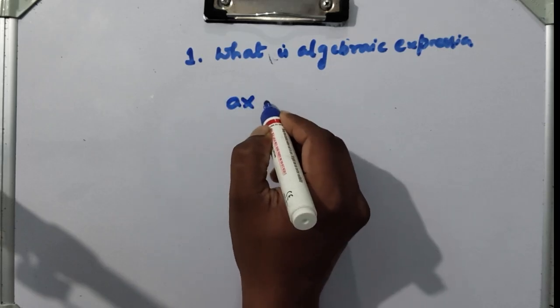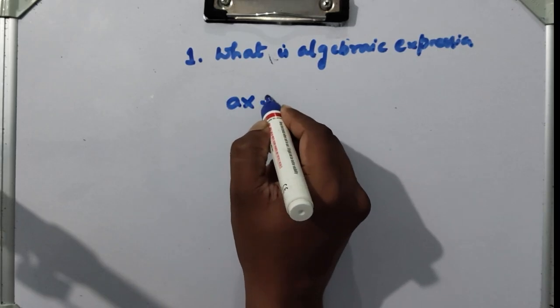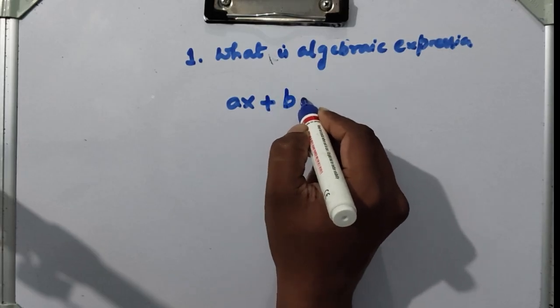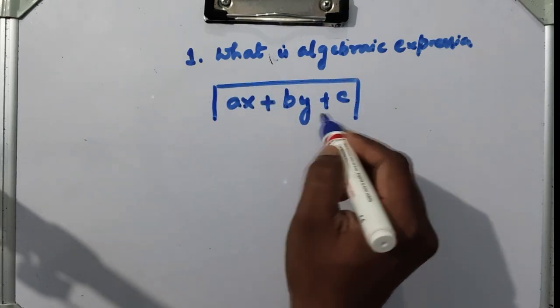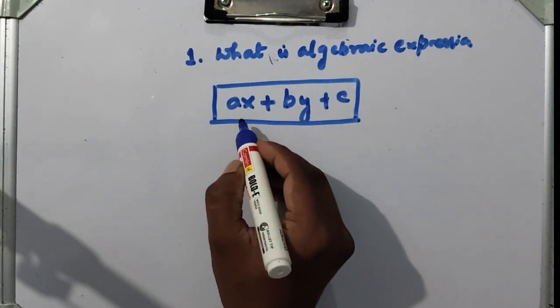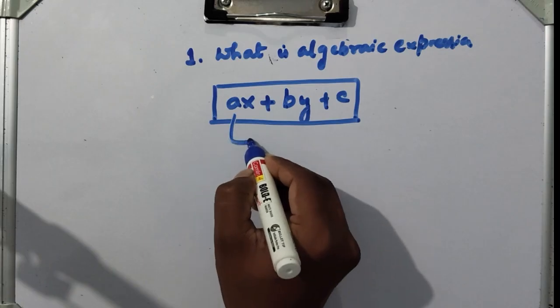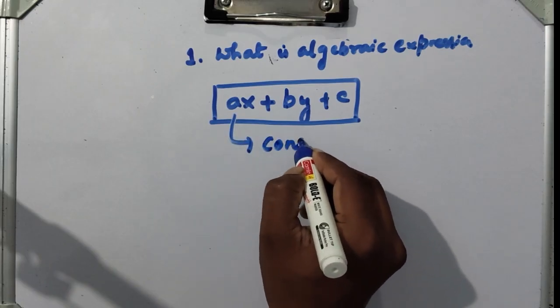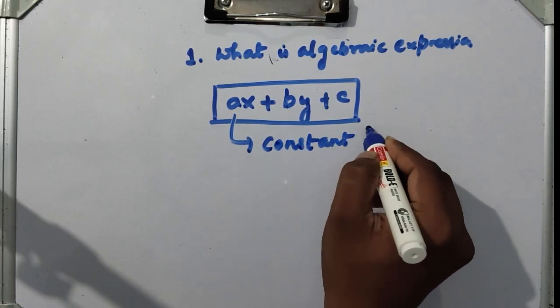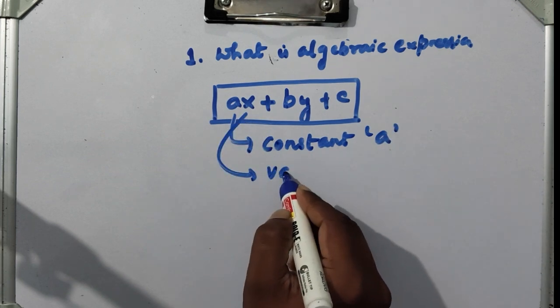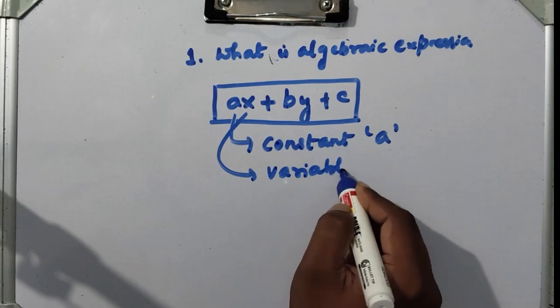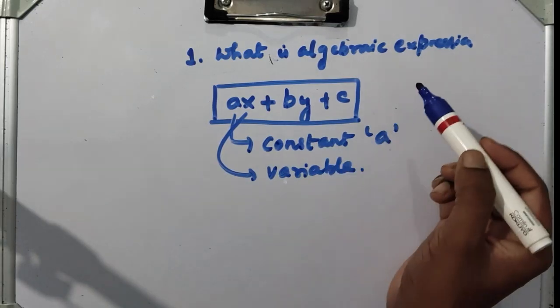An algebraic expression is represented in the form of ax plus by plus c. Okay, what is algebraic expression? Any expression that is represented in terms of constants, a is a constant over here, constant a, and second, with a variable. Okay,